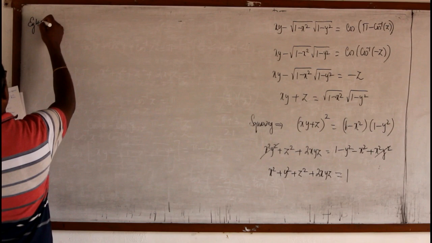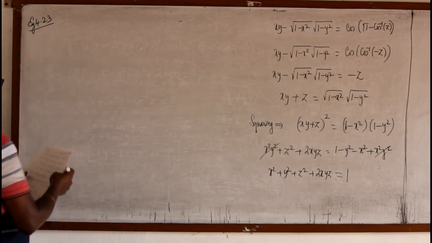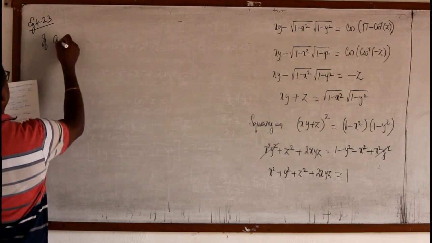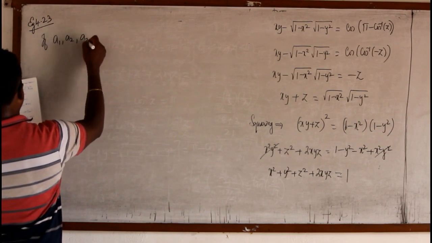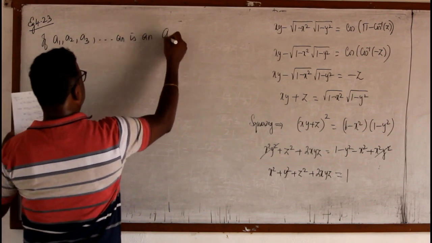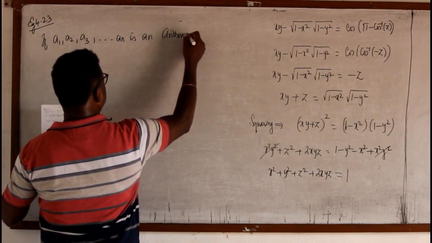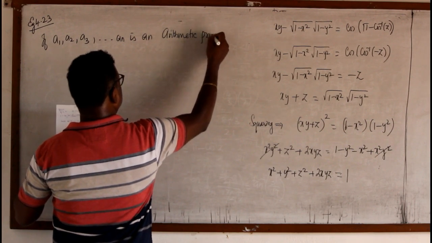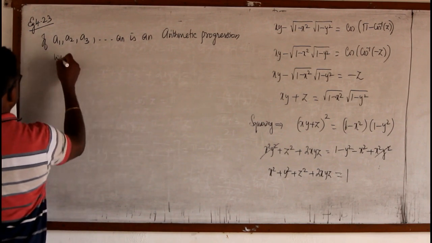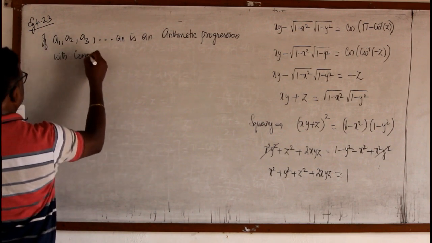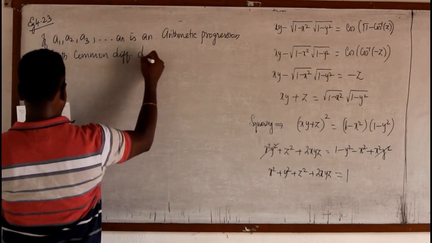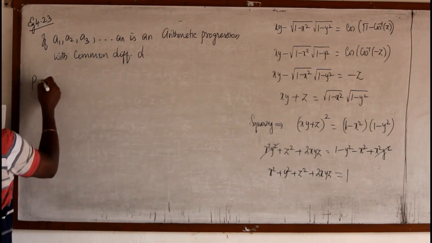Example 4.23. If a1, a2, a3, etc., an is an arithmetic progression with the common difference d, prove that